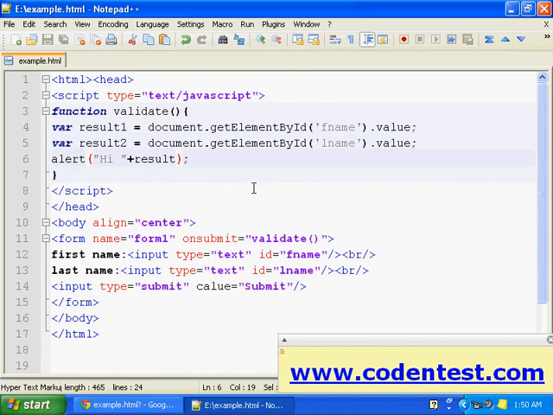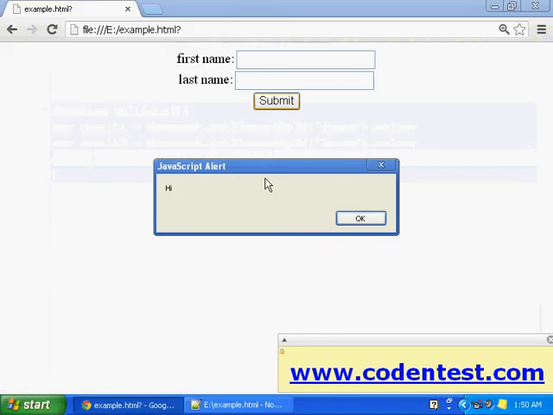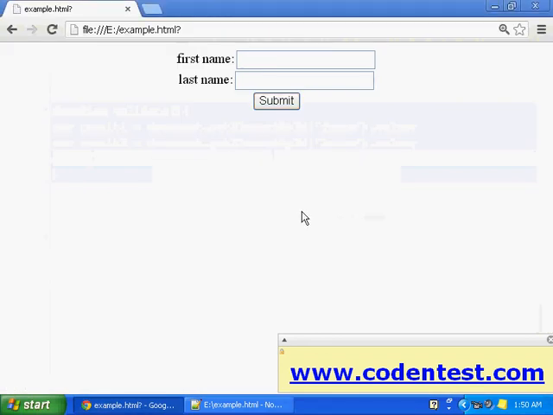Hi plus result1, and a space there plus result2. I'll save this. Both first name and last name will appear in an alert box.